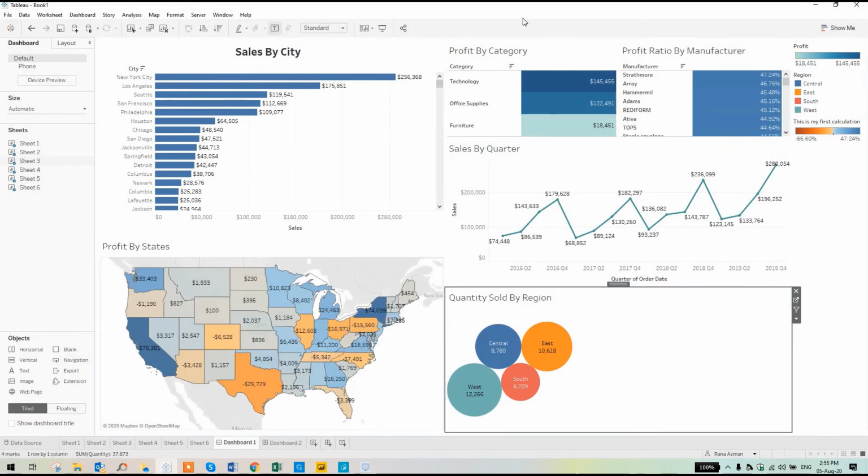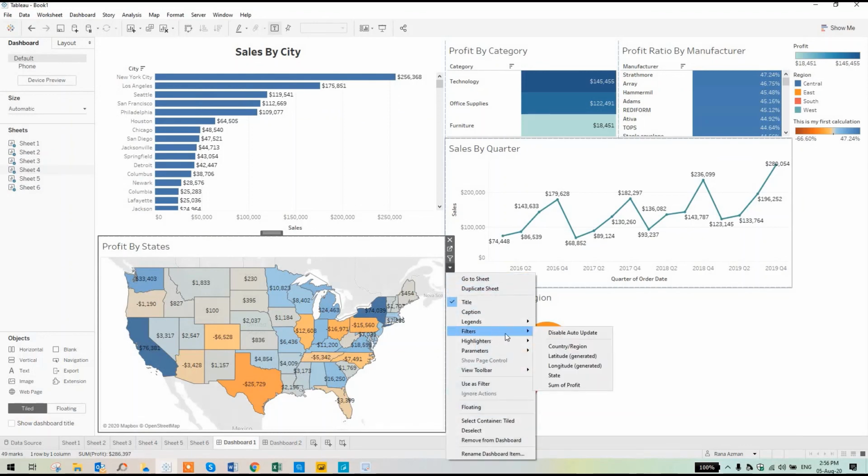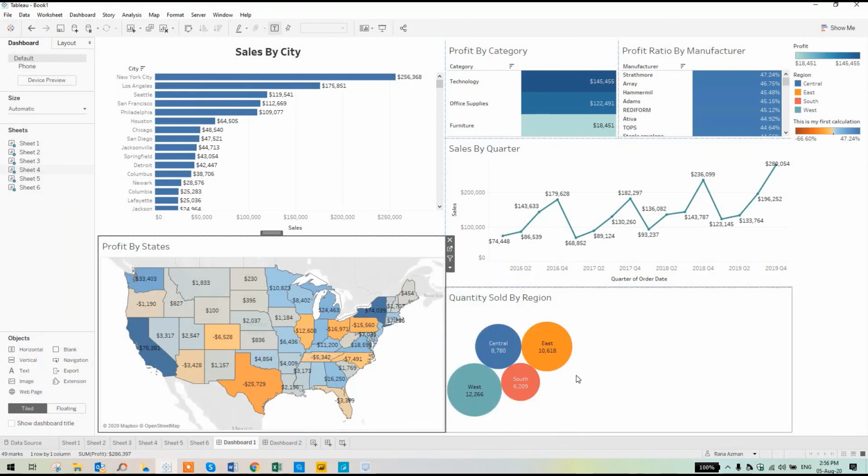So the last thing, and then we'll close this interactive session, is how to add a filter. Say your boss wants to filter it by different states, right? Your boss wants an option over here to select a state, and the whole dashboard should only show the data which has been selected. So for state, I'll click on this visual over here, click on this more options, then go to this filter, and I want to see my state.